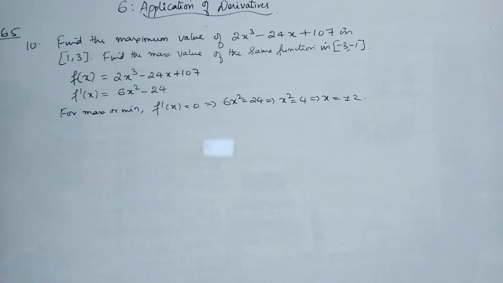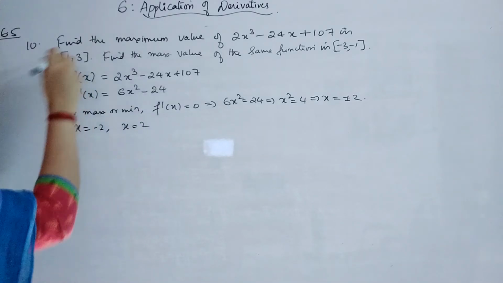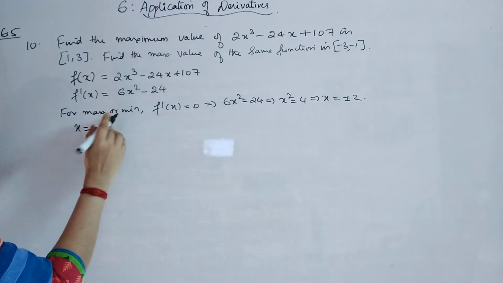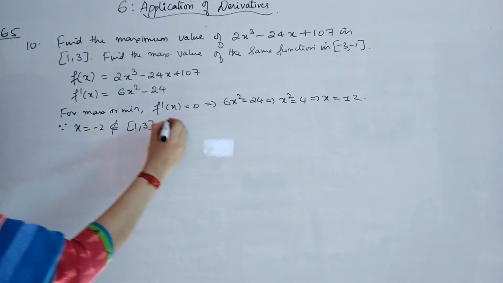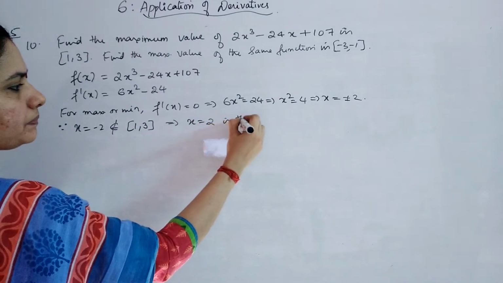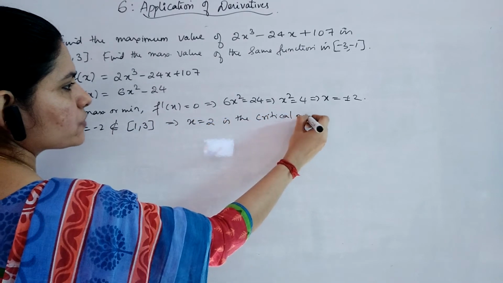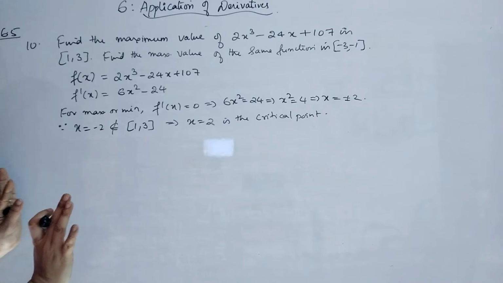Now actually you got 2 values for x, 2 and minus 2. But first what we are doing, the interval is 1 comma 3. So there you need to check which value I have to use. Do both the values which I got, x equal to minus 2 and x equal to 2, belong to the interval? No. So x equal to minus 2 does not belong to the interval 1, 3. Therefore we will choose the value x equal to 2 only, implies only x equal to 2 is the critical point. So no need to take that value which is not in the interval. Understood? So we will check only for that value.